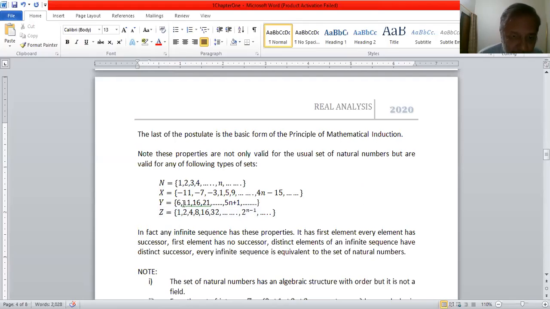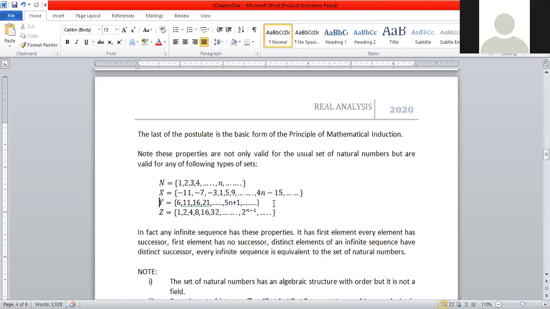ओके, कम टू दिस एग्जांपल। व्हाट्स द फर्स्ट एलिमेंट? इस सेट Y में पहला एलिमेंट क्या है? 6। 6 किसी का सक्सेसर है? नो। 6 के बाद क्या है? 11। उसके बाद 16, 16 का सक्सेसर 21, 21 का सक्सेसर 26, एंड इट इज अनदर अरिथमेटिक सीक्वेंस जिसका जनरल फॉर्मूला 5n+1 है। ठीक है, तो इस सेट में पहला एलिमेंट है, इस सेट में सक्सेसर्स हैं। सक्सेसर्स किस हिसाब से आ रहे हैं? नेचुरल नंबर्स में एक एक के डिफरेंस से आ रहे हैं, मगर यहाँ 5 के डिफरेंस से आ रहे हैं।